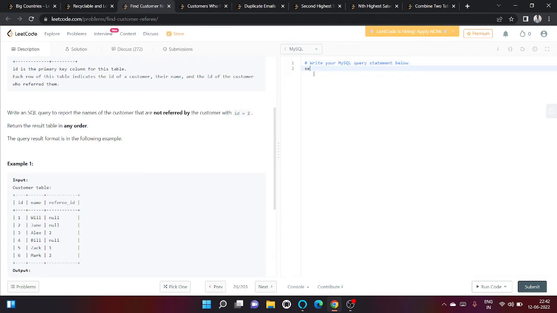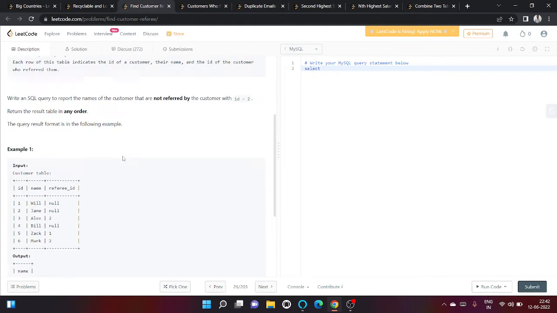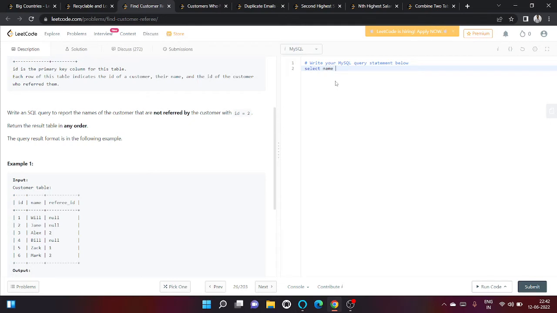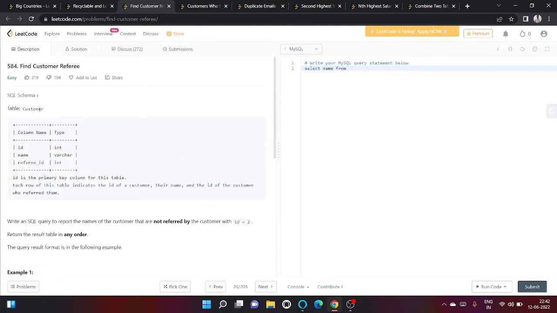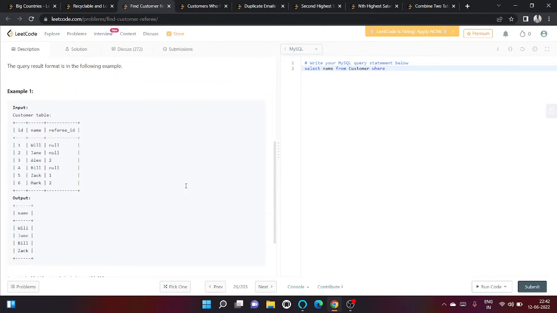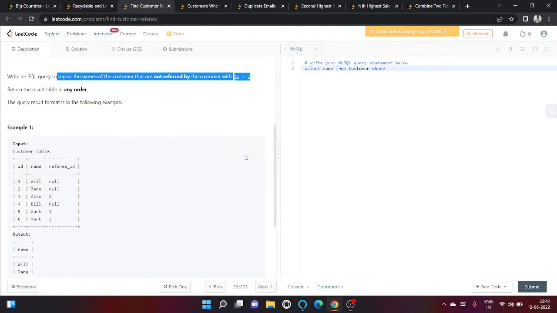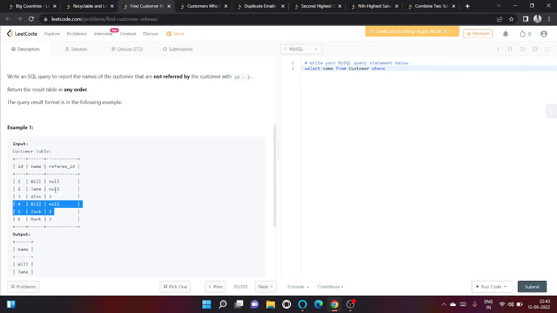Okay, so let's write select. We have to write name from table customer where, basically, we have to return all the rows where referee ID is not 2. So these are the 4 rows with ID 1, 2 and 4, 5. So where